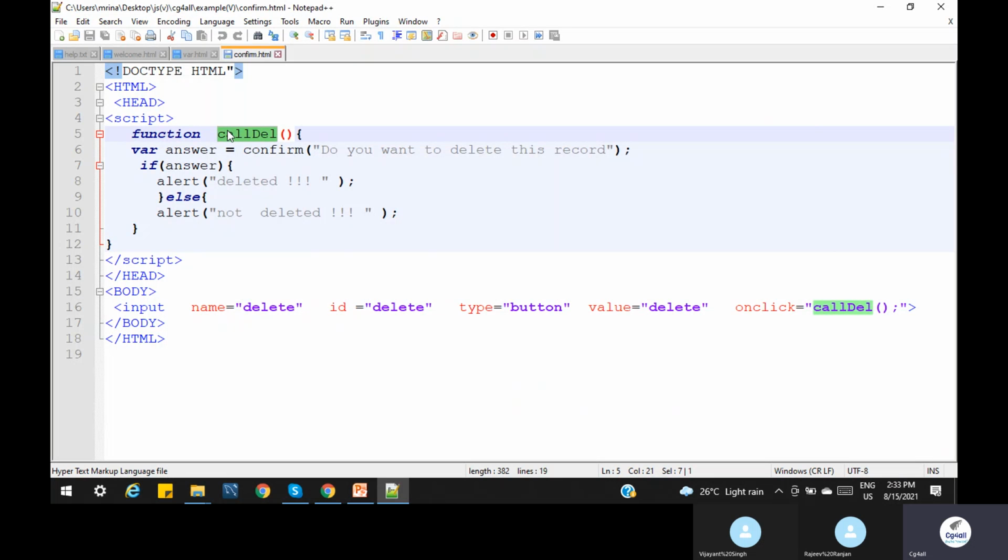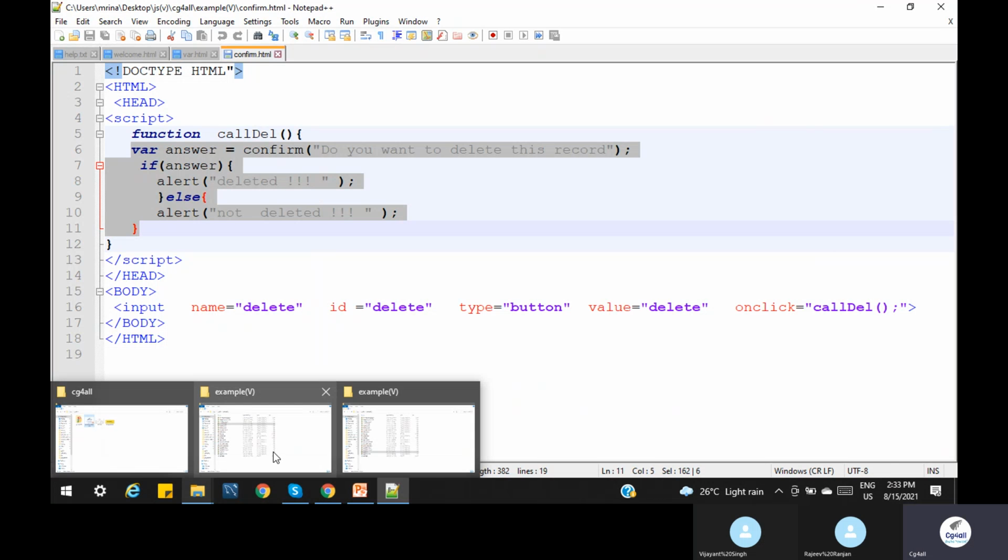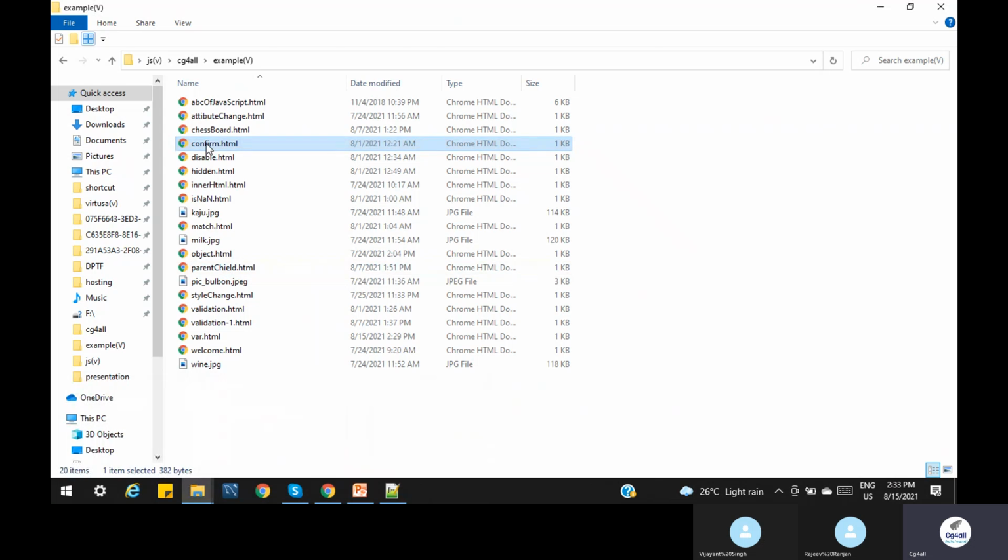So this is our method. Explicitly, we are defining the function. So what is the function? Call del. Inside that, we are writing the JavaScript code. What is our requirement? First we understand what we are doing, then we come back to the code. Let's run this program. We have to store this file with an HTML extension. So go to File and Save, Ctrl+S, with the .html extension, or whatever file name you want to give. Naming convention also matters. So let's run this program and then we will see. Then again I will confirm.